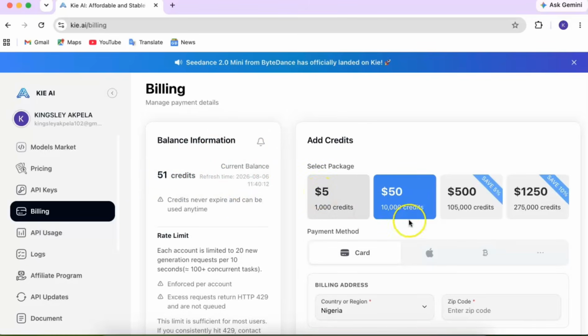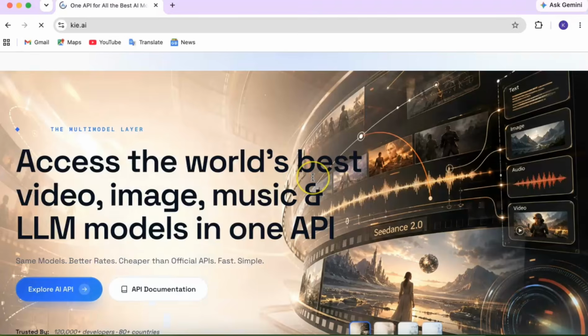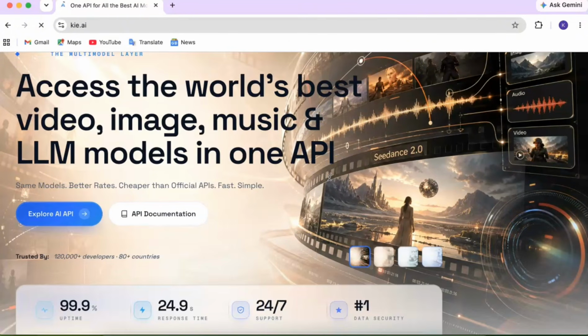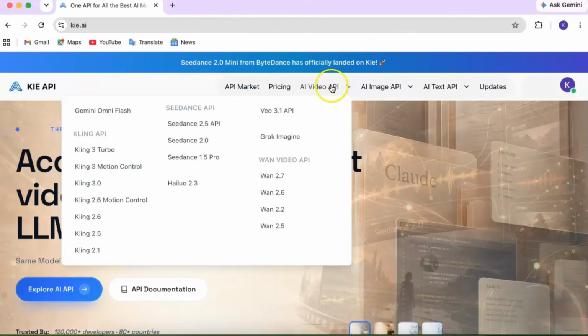Also, if you want to buy any of their credit packages, you can see them right here. So you can go ahead and buy depending on how much you want to buy. You can see here their $5 package gives you 1,000 credits, $50 package gives you 10,000 credits to generate videos and images. Now let's go ahead and create our video. Remember, once you sign up, this platform gives you 80 credits as welcome bonus, and you can start creating with it. So all I'm going to do to start creating is to come over here where it says AI video,